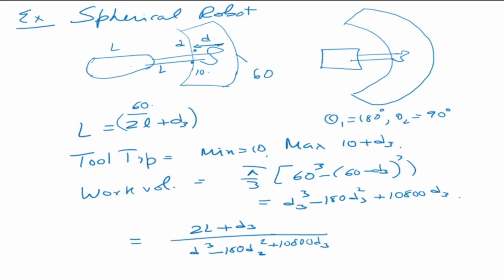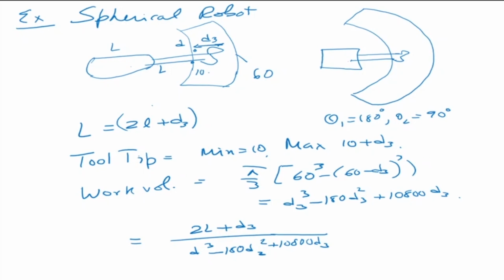So what we are doing here is trying to find the structural length index of the spherical robot, and we said that the length of the spherical robot is 2L plus D3. D3 is my prismatic axis and the stroke of the prismatic axis. Now the tool tip is minimum 10 and maximum 10 plus D3,